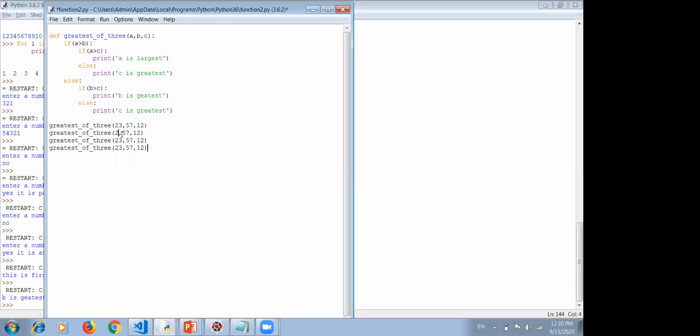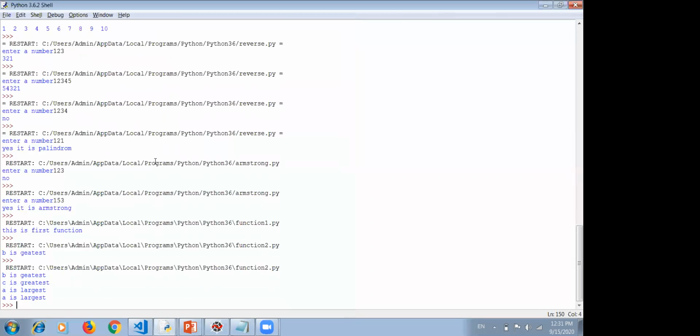This time I put 2, 5 and 12, this time I put 23, 5 and say 1, and this time I put 45, 7 and 12. Okay, now let me execute it. I will get 4 outputs. In the first, B is greatest, C is greatest, A is greatest, again A is greatest.